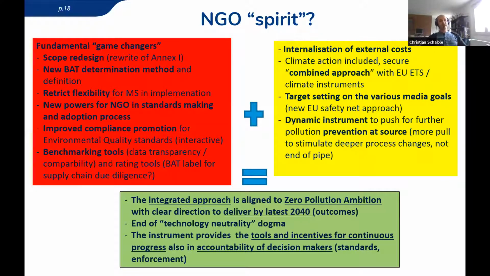And then there's also the dynamic instrument we're missing. So prevention at source, and how we can promote front runners. It doesn't have that, because for the moment it looks very much backwards: what the data shows they can do, instead of how we can promote the front runners. So if we get those two, the fundamentals and the principles, then we can really deliver, I think, on the zero pollution ambition.